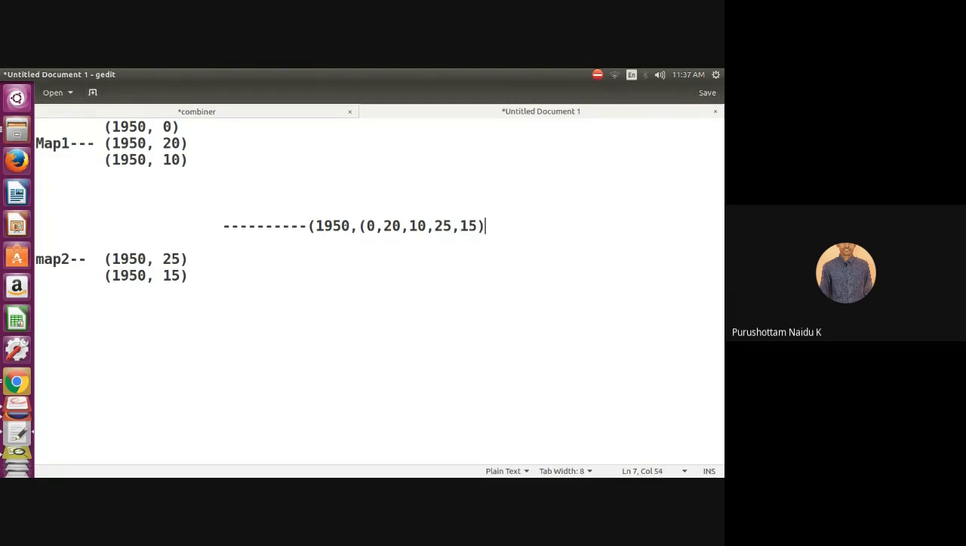Likewise, perform shuffling and sorting. Now this is given to the reducer. Then we get the output 1950. What is the max temperature? 25. Max temperature is 25. Clear? That means if you're not using the combiner